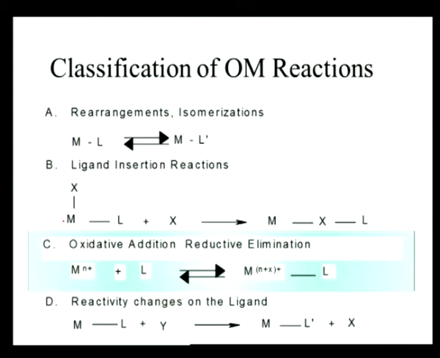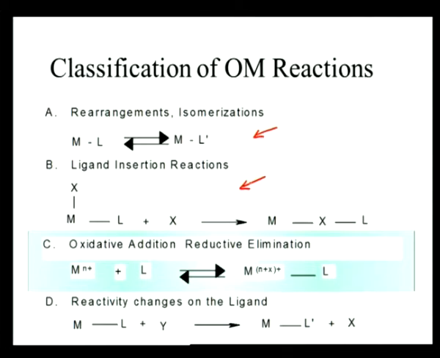If you recollect, we have classified most of organometallic reactions and most of the organometallic chemistry into 4 or 5 major classes of reactions. And in this grouping, we have taken the first 2 to be those reactions where we do not have a change in the oxidation state of the metal atom. So, the metal atom does not undergo any change in the oxidation state. In A and in B, we do not have a change in the oxidation state